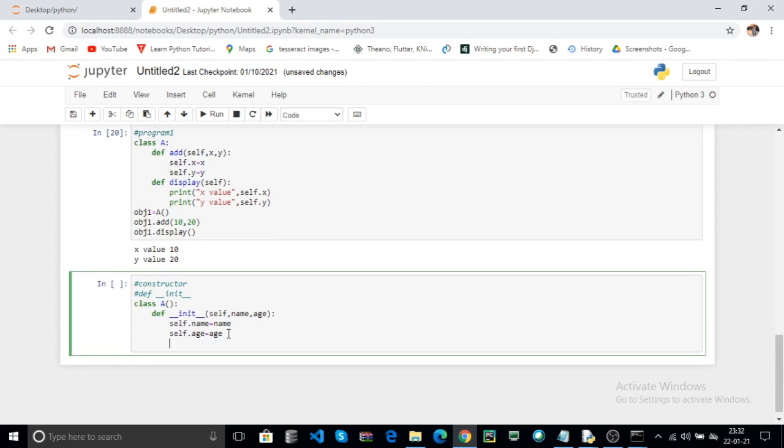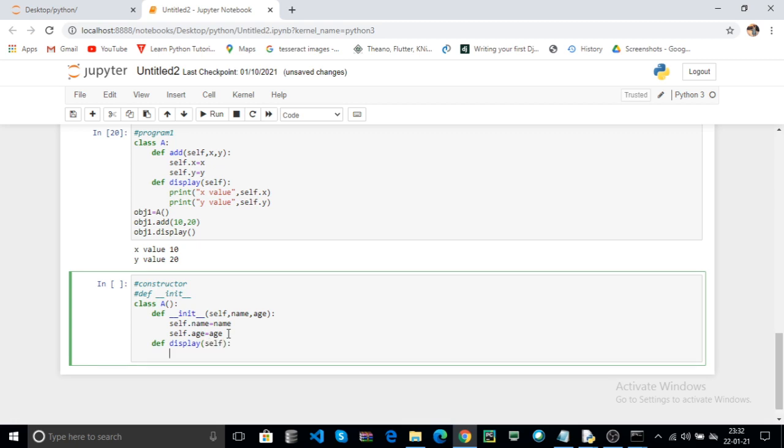Here now I create another function, that is the display. Here use the self default parameter. Now print your constructor data.